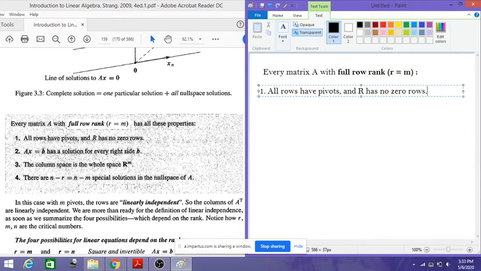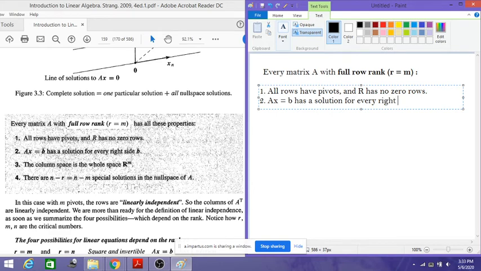So this is the difference between the full row rank and the full column rank. In the full row rank, all the rows have pivots because there are fewer rows, so all the rows have pivots and there are no zero rows. The second property is that Ax equal to b has a solution for every